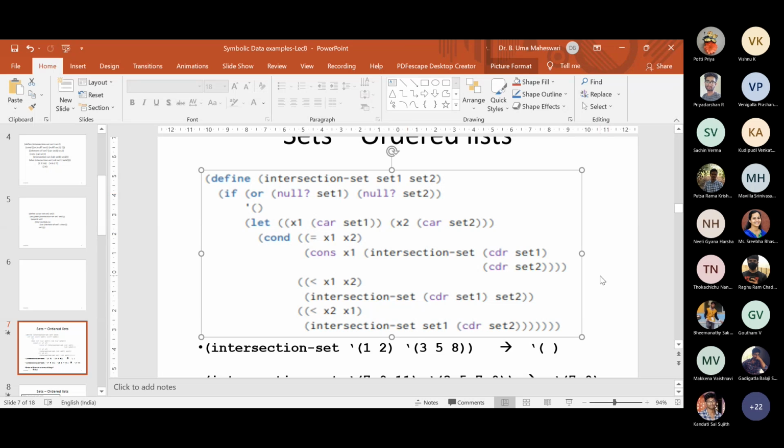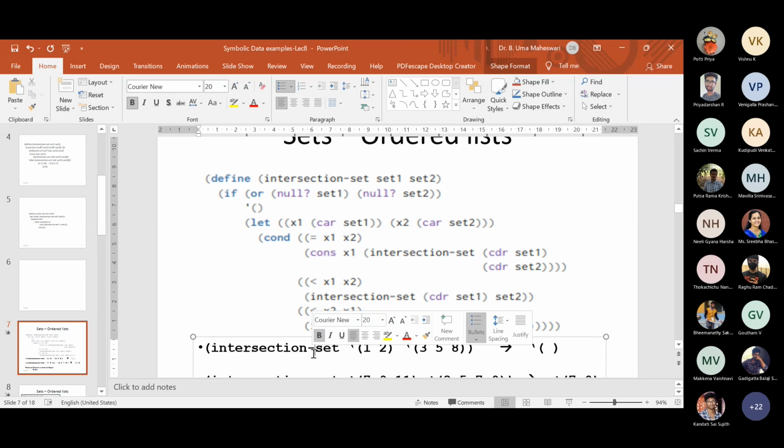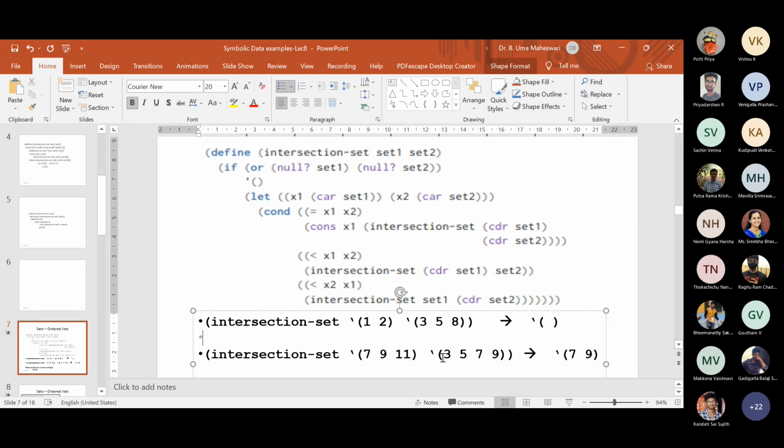For example, I will write it here. You have to find the intersection of 1, 2, 3, 5, 8 with an empty set, which is empty. Okay, let us take the intersection of 7, 9, 11 and 3, 5, 7, 9. This is an ordered set, both are ordered sets, right?